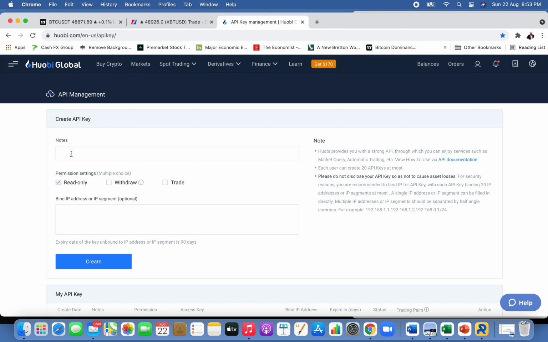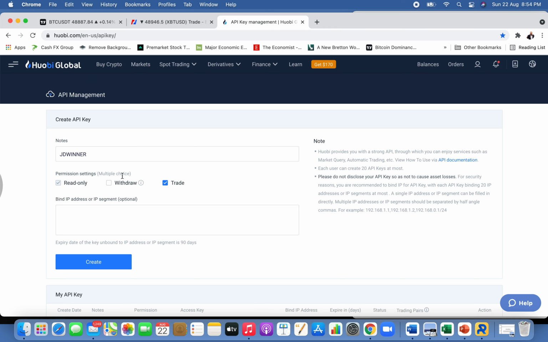So for you to create, this is the notes, you just need to give a name. Whatever the name is, so probably let me put JD Winner. Right, so JD Winner, and here you can see permission. Now this is very important. Your permission here is read only, and make sure you are also able to give the permission to trade, and make sure you don't give permission for the withdrawal.